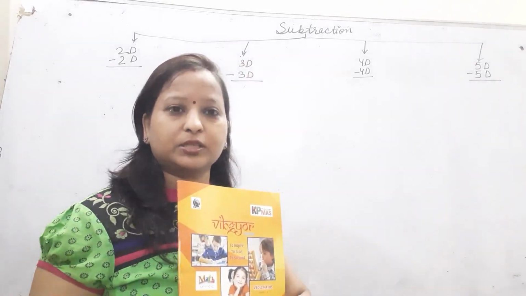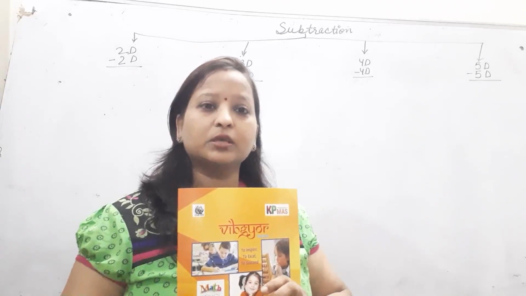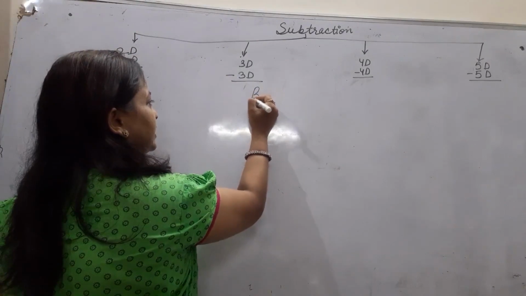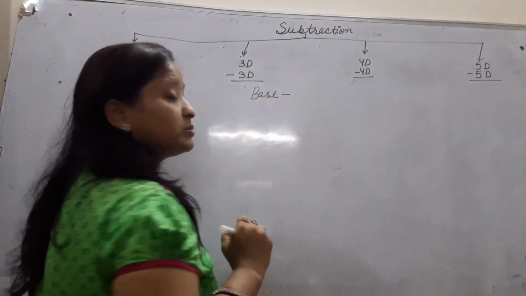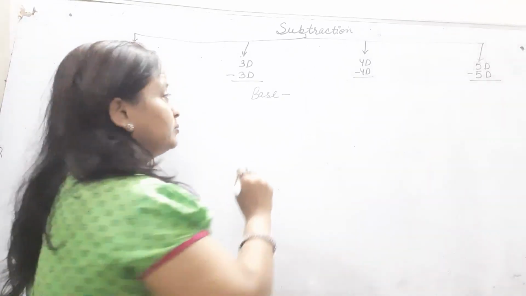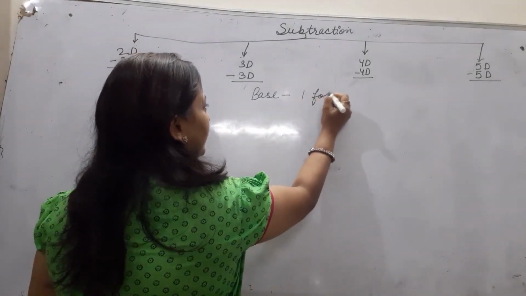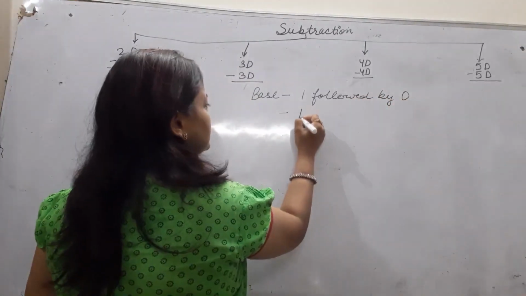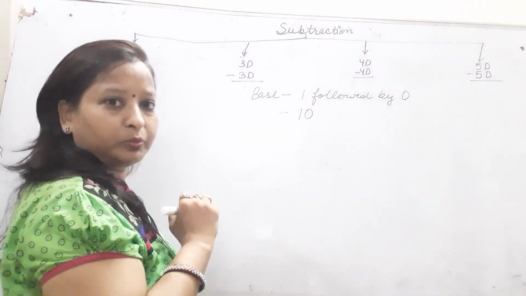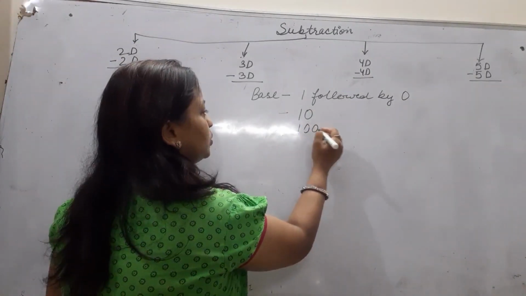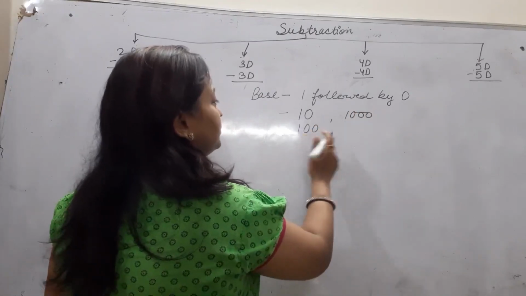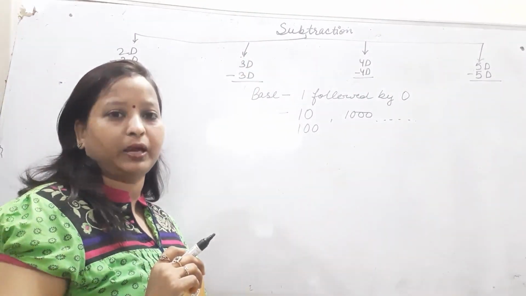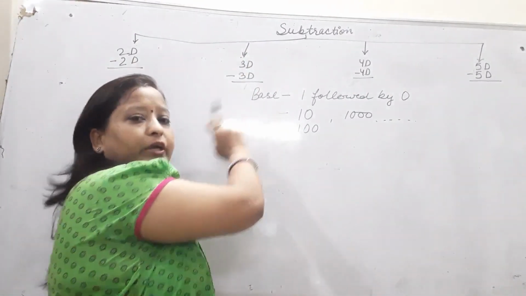My topic is subtraction. To learn subtraction from Vedic math, first we have to learn what is base. Base is first technical word of Vedic. वैदिक मैथ्स में सबसे पहला टेक्निकल टर्म होता है हमारा बेस। बेस मीन्स वन followed by 0. 1 followed by 0. We can put any number of zeros after 1, like 1 0, 2 0, 3 0. It is called our base in Vedic maths. It is very important to learn what is base.